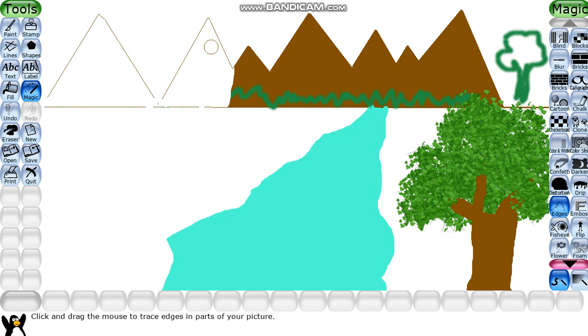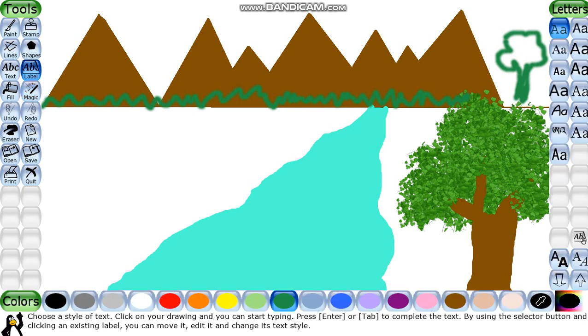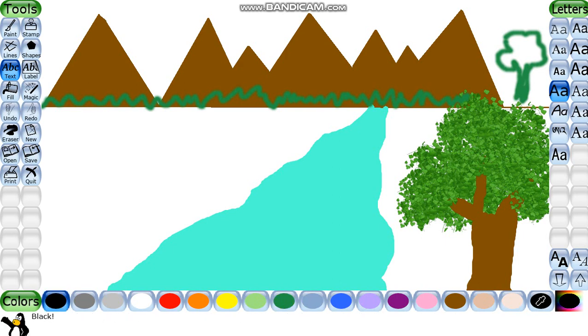Now next is the drip magic effect. The drip magic effect gives a sprinkled effect to your picture. You have seen when water falls down or is sprinkled, that kind of look is given to your text. Basically it is applied over text. So if you want to add a drip effect to your text, you can use this drip magic effect. How to apply, I am showing you. I am just typing a text.